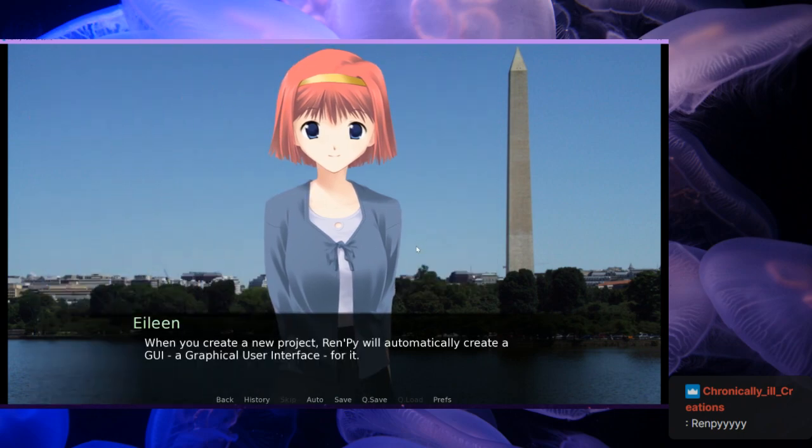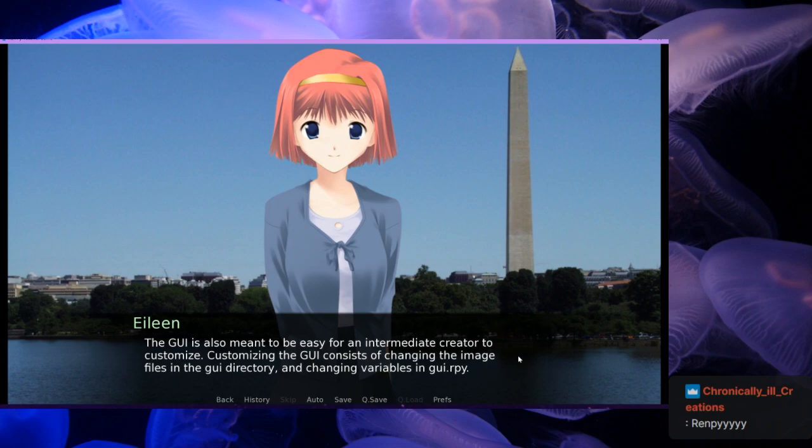So, when you create a new project, Renpy will automatically create a GUI, a graphical user interface, for it. It defines the look of both in-game interface, like this text box, and out-of-game interface, like the main and game menus. The default GUI is meant to be nice enough for a simple project. With a few small changes, it's what you're seeing in this game. The GUI is also meant to be easy for an intermediate creator to customize.